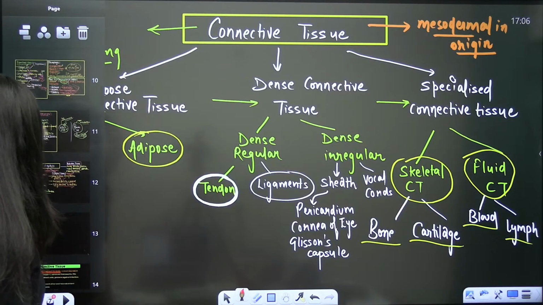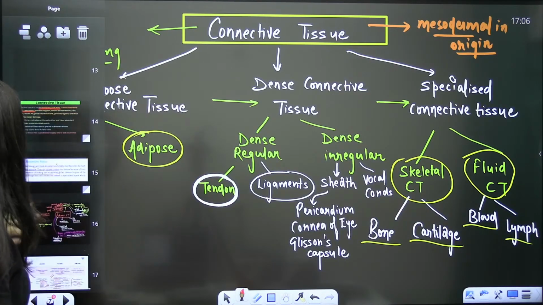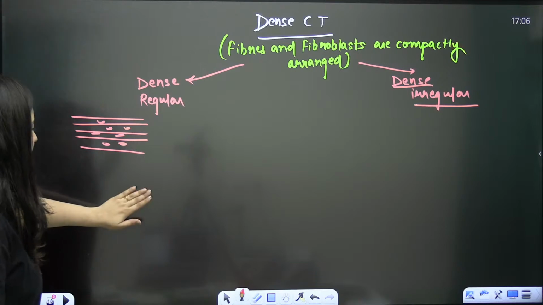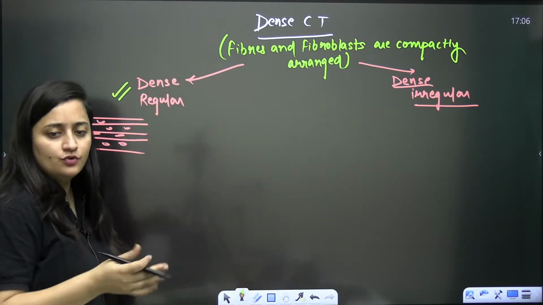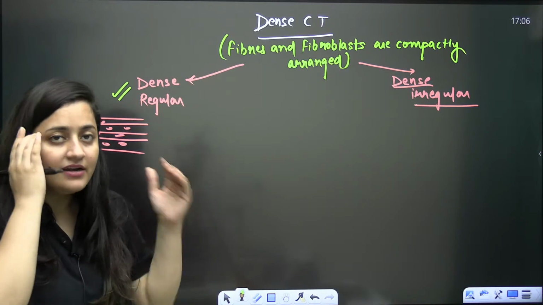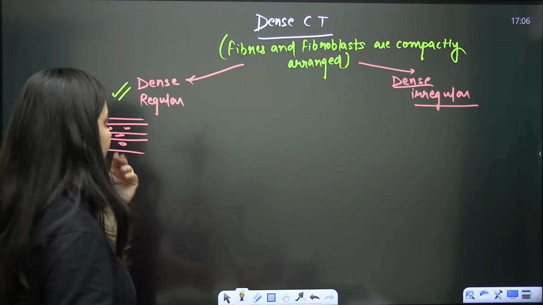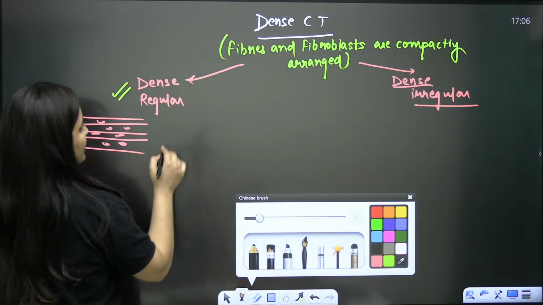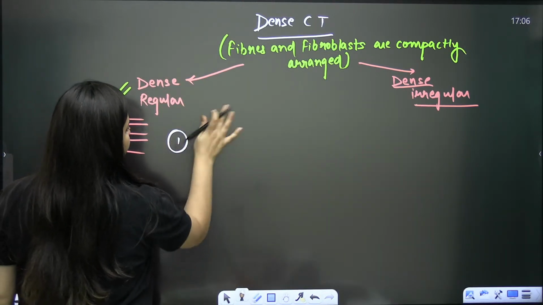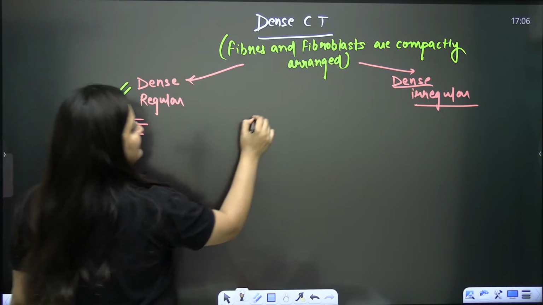Examples are very, very important. No doubt, we are majorly dividing it like this: dense regular connective tissue and dense irregular connective tissue. But the point here is, overall in dense connective tissue,